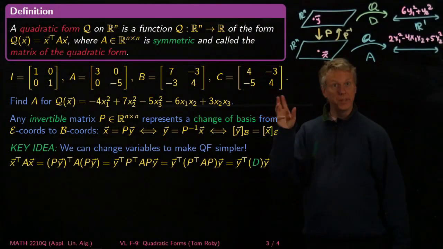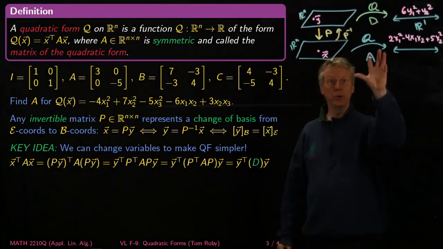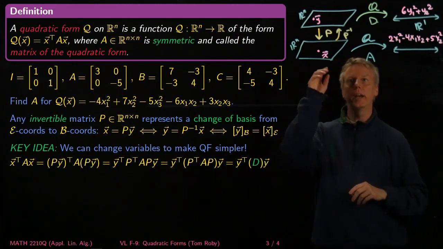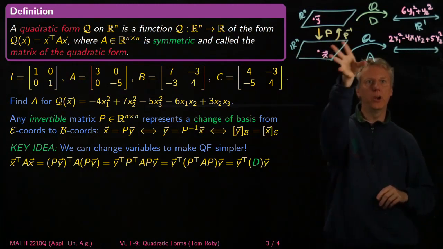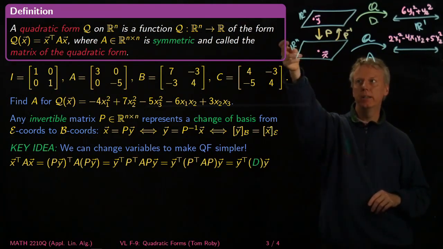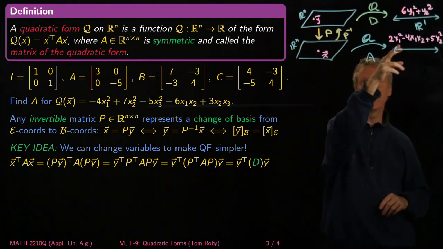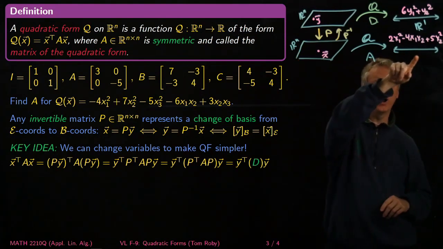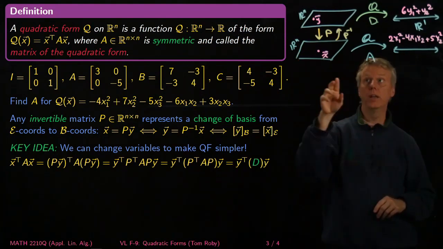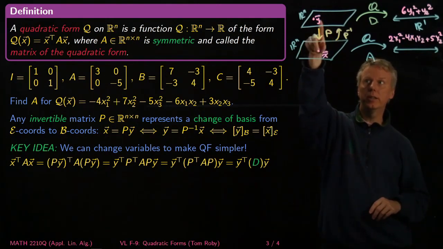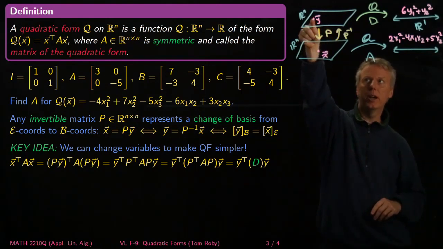Before we switch to the next slide, I just wanted to show you a picture that might help clarify the key idea on this slide. So the idea is that we start off with the lower picture. We've got some quadratic form given by a matrix A. For example, it might send x in R^n to R; here I'm just going to do an R squared example in red. So this takes R^n to R, because that's what quadratic forms do. And what we're saying is that by changing our coordinates using this invertible matrix P,